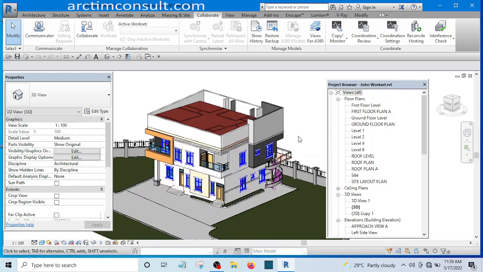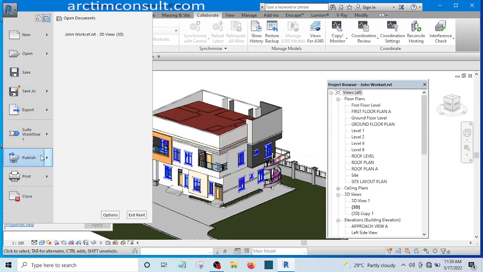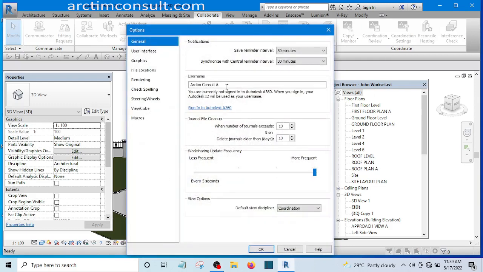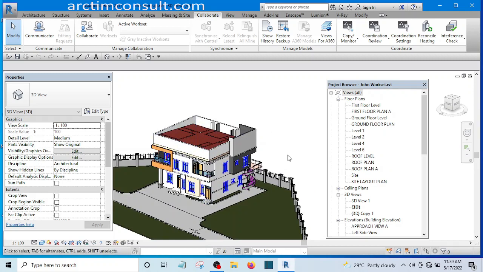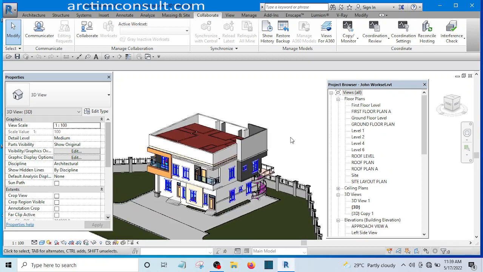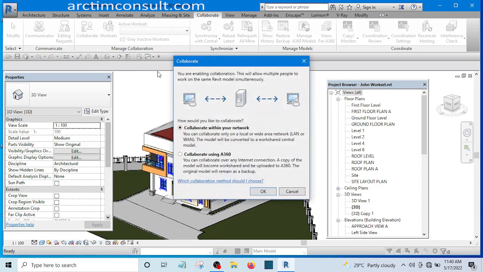The first thing I will do is, let me be sure of the user I am working on now. This is Acting Consult user A. That is the one I'm working with now. Okay, and this is the file we are working with. The first thing I will do is to click on this collaborate tab. Then secondly, I am going to click on collaborate, and there is going to be this pop-up,